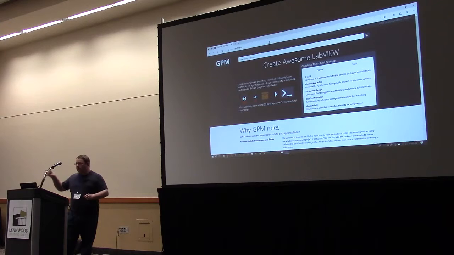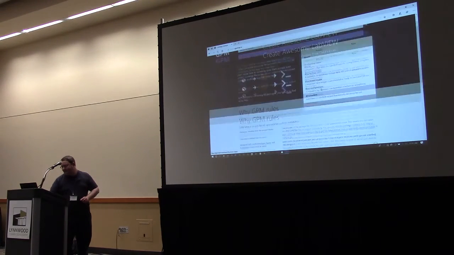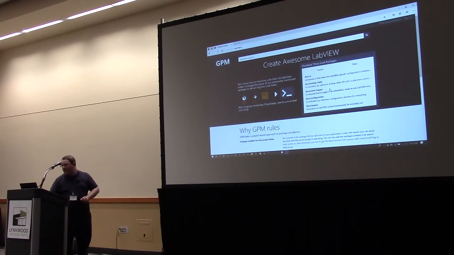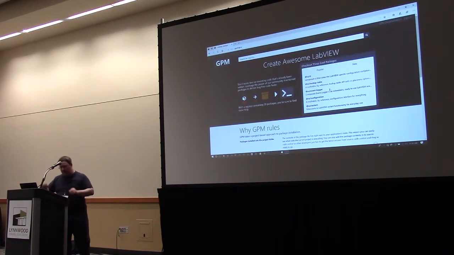There's a command line tool, just like with NPM, that allows you to download and install various packages into a LabVIEW little project folder. You create a little project with the command line tool that tells gpackage what things you have subscribed to. Then with a couple of commands, you can download various packages and it installs the source into that folder, and now you can use them freely in your project. It's fantastic.